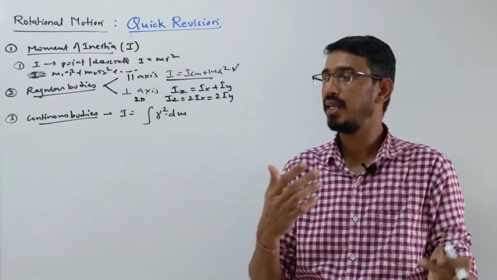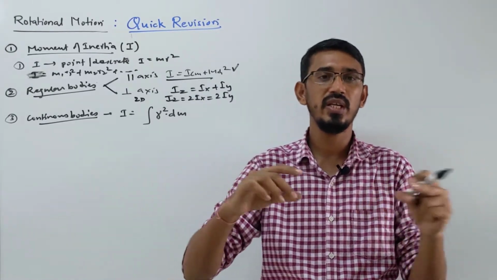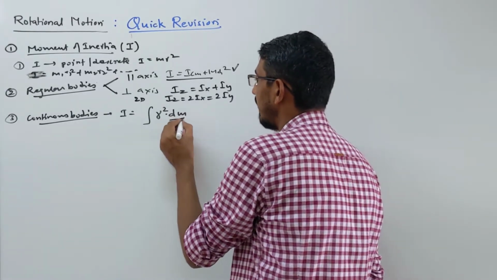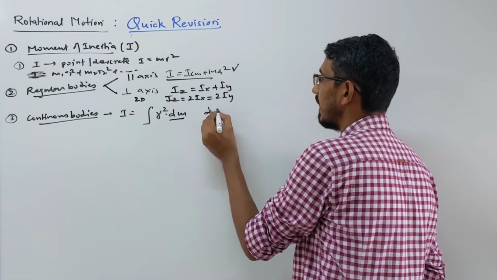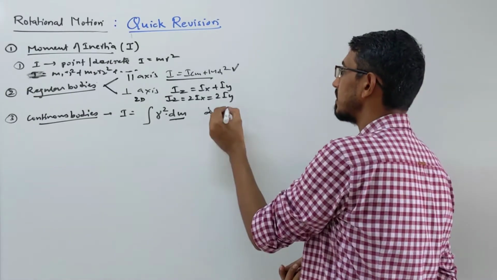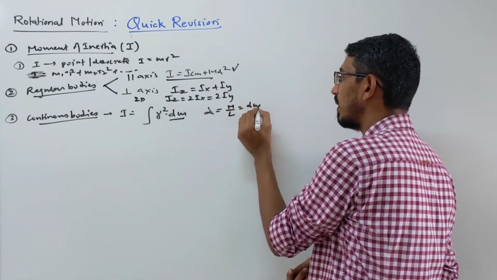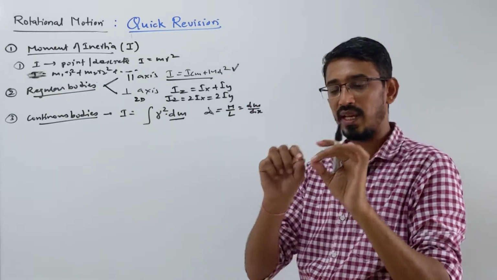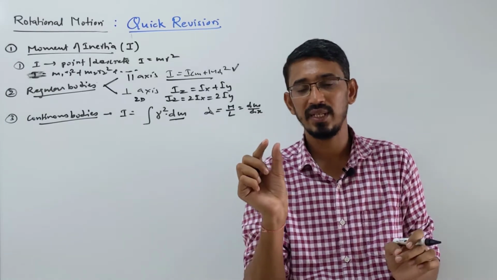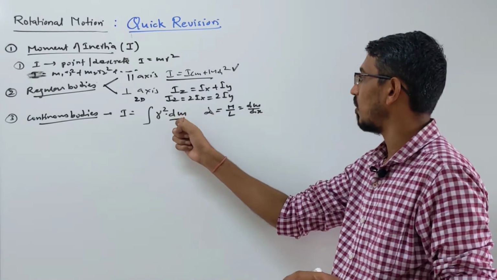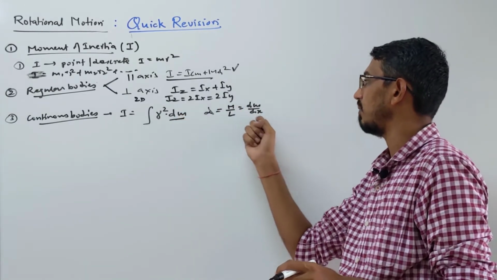Suppose they are asking the inertia of a rod, then it's called a linear body. Always remove the term dm and put it in terms of r. So you always take the concept of density; like for linear, it is mass by length. You choose an element of small mass at a distance x, of length dx. Then you always replace this dm in terms of m by l and dx.